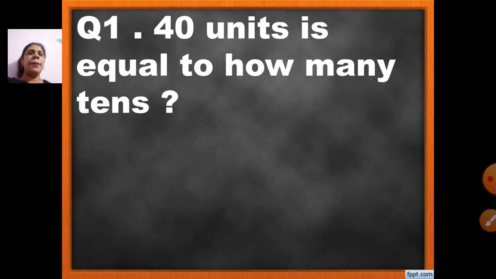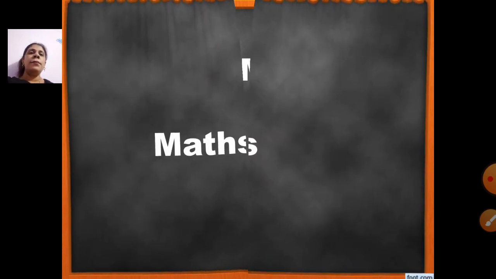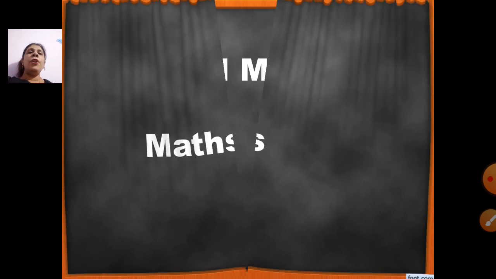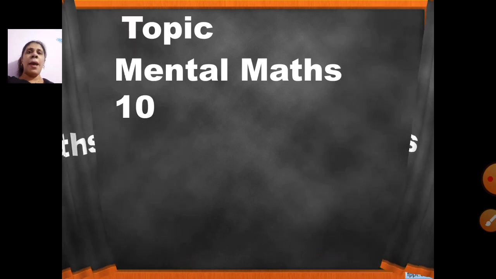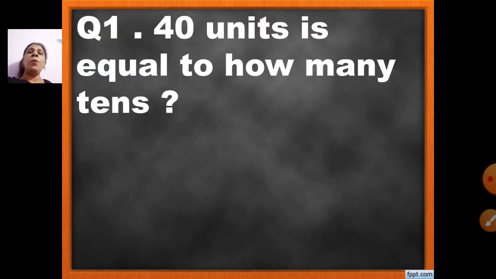Just a second. Okay. So what you are going to do is you are going to write. Don't write topic. Only write the heading as mental maths 10. Okay. Write the heading and write mental maths 10. Then in mental maths 10, come to now a fresh page. Continue that page only. On the heading you have written mental maths 10. On the same page now